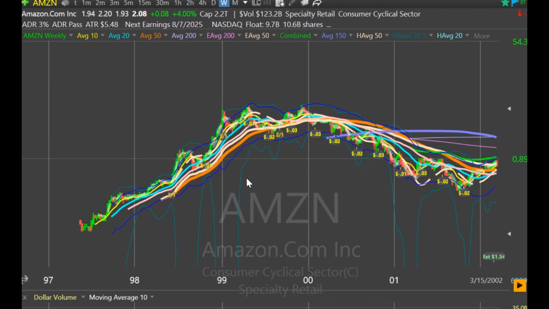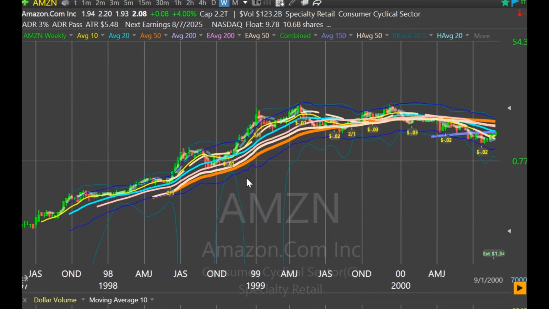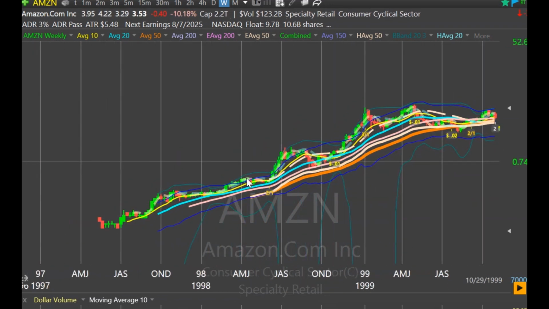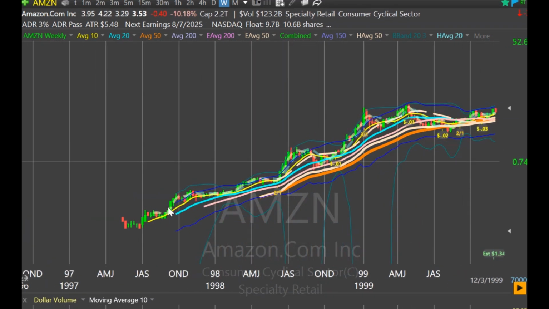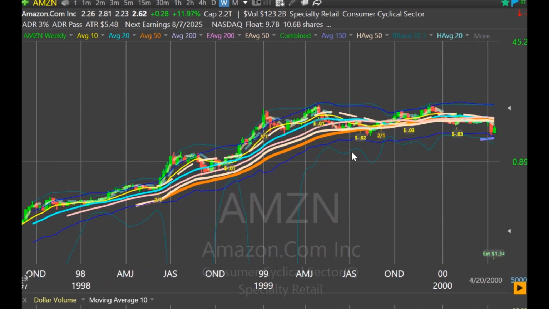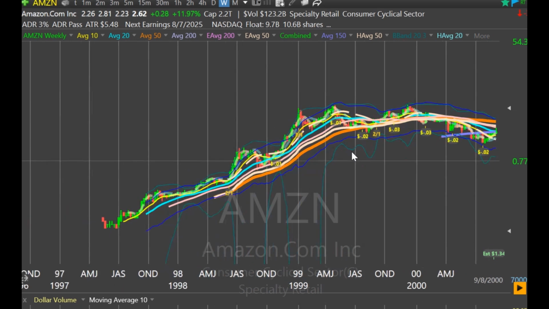I wanted to talk about how many steps upwards stocks tend to move. In the late 90s, it was kind of tricky because a lot of them would go up, make these little incremental moves. But 3 is pretty good before they go down. 4 is unusual. I'm going to find a few and show you. Now, this is the weekly chart for Amazon. Let's look at some other ones here.